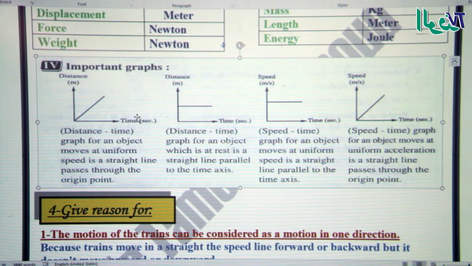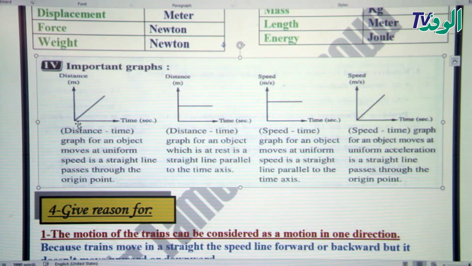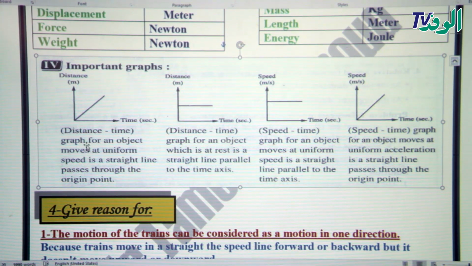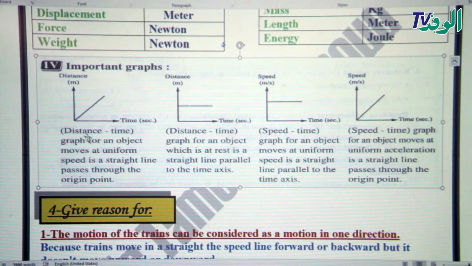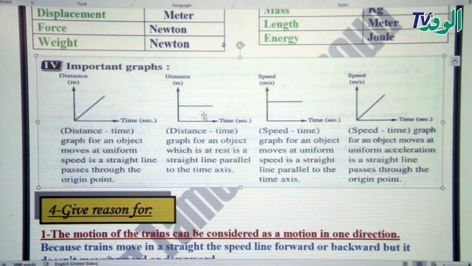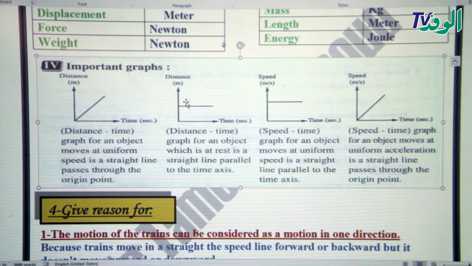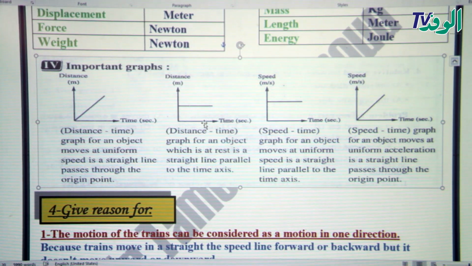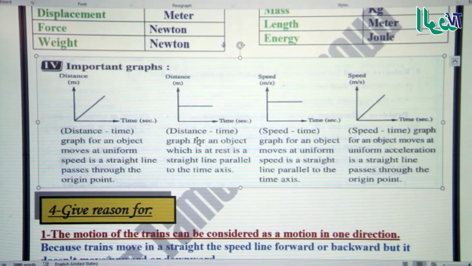It is a distance-time graph representing a straight line passing through the origin point. So what is this? It is the graph that shows the object when it moves with a regular speed. What about this one, on a DT graph? A straight line also, but parallel to the time axis, the x-axis. What does it represent? An object moving? No, the object is at constant distance. The object doesn't move.